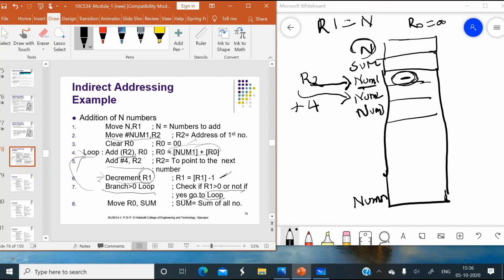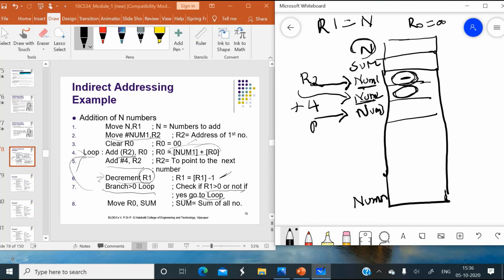Now R2 is pointing to num2, so the content of num2 will be added to R0. Then I need to increment R2 to point to the next location. So I add again 4 to R2, so it will point to the next location, that is num3. And since we have performed this operation once more, we need to decrement the count.